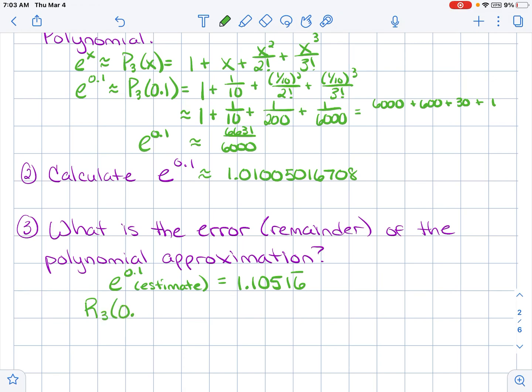To find the remainder of calculating 0.1, I'm going to use the absolute values because I don't really care if we're off by being a little above or a little below. I just want to know what's the distance between them. So if I take my actual and subtract my estimate, that's going to give me the remainder. So let me do that calculation really quickly. Minus